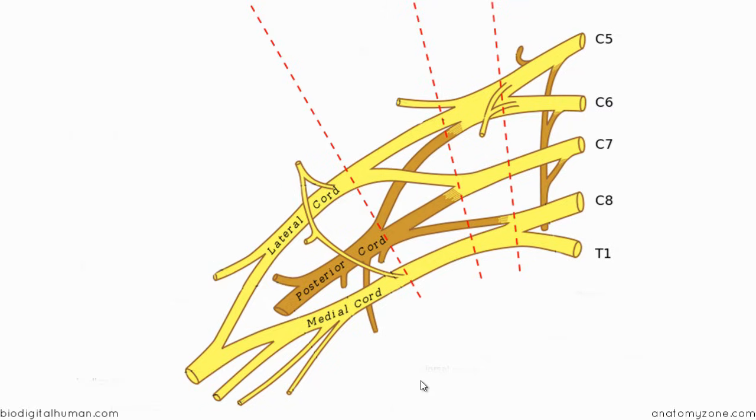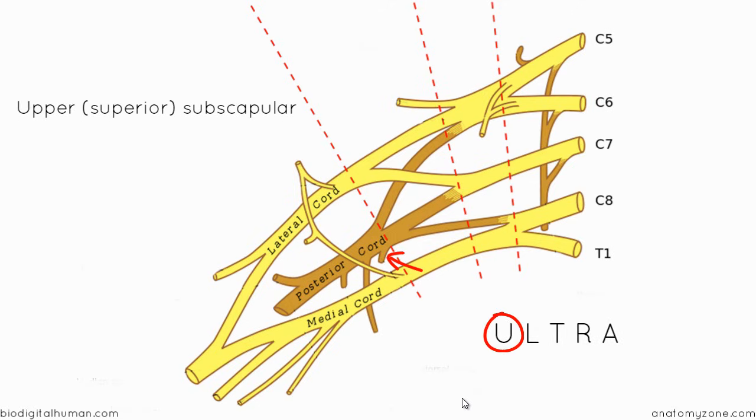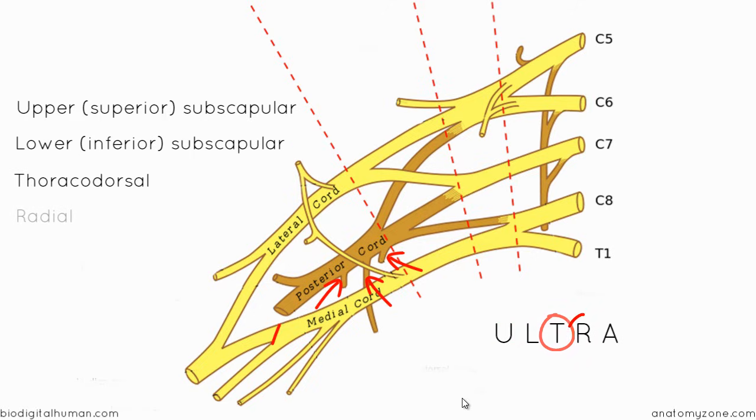Okay, so with the posterior cord, there's a nice mnemonic for remembering the 5 branches. So from the mnemonic before, my auntie raped my uncle, you know that the axillary and the radial nerves come off the posterior cord. So you've got the axillary nerve here and the radial nerve here. So the other mnemonic for remembering nerves from the posterior cord is ULTRA. So you've got the upper subscapular nerve, the lower subscapular nerve, the thoracodorsal nerve, and then you've got the radial